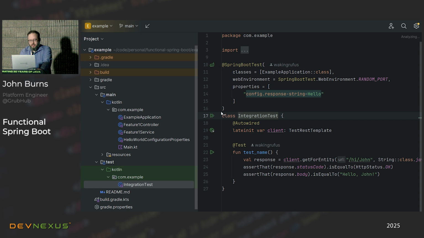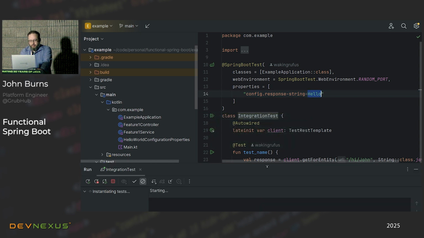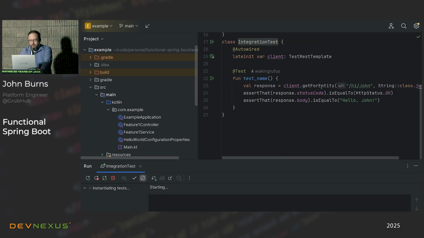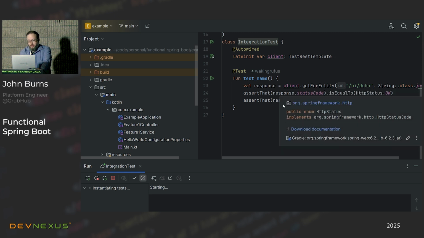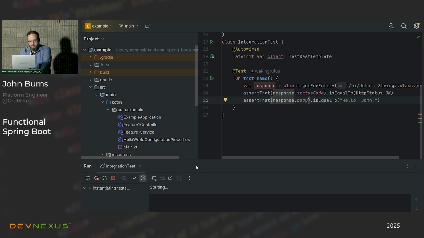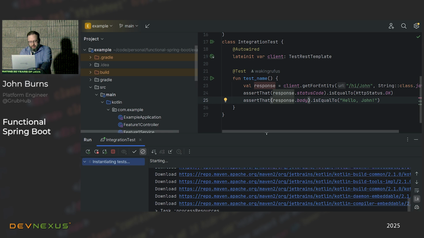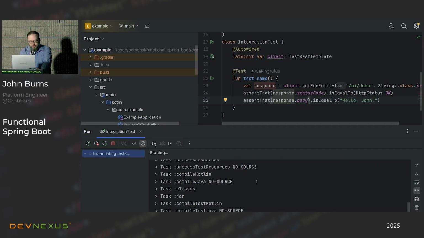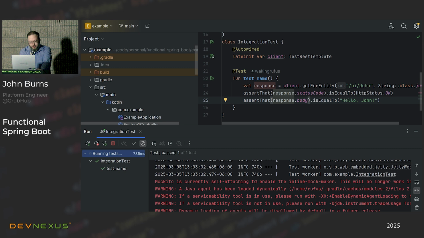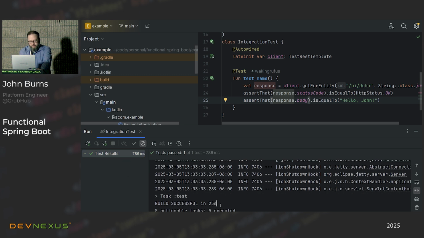Our integration test is just going to configure that the way we want to say hi is with the word hello. And so we're going to say we want it to say hello to me. We expect that it comes back okay, and then we assert that the response is going to be hello, John. Oh, I had to download some dependencies. I just built this, okay. All right, so here we go. So that ran in 786 milliseconds, still pretty fast, right? Because this is a simple application.